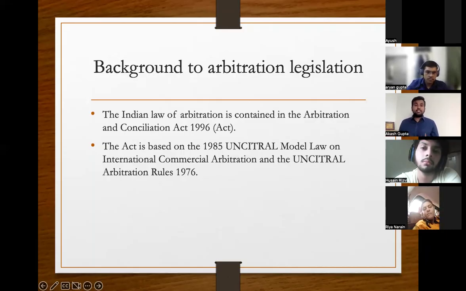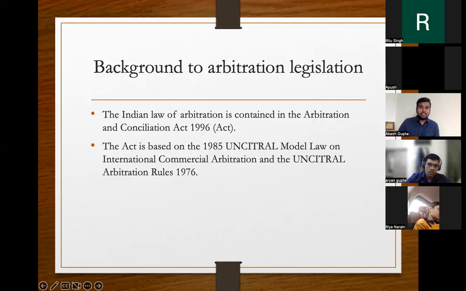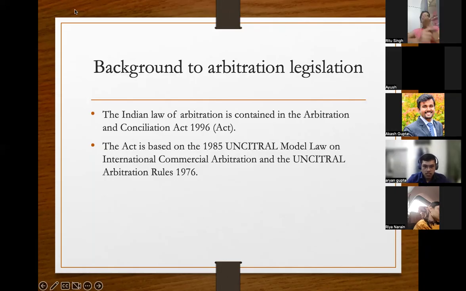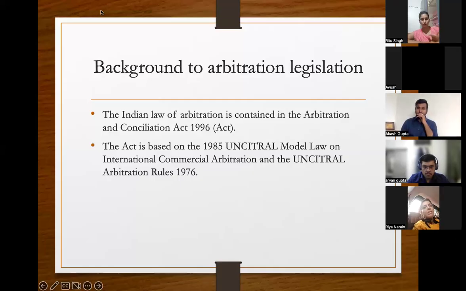Now the next thing, seat is always a city. It's never a country. Why? Anyone? Why do we say that seat has to be a city and it can never be a country? Yes, Ritu. Because only the Supreme Court will appoint an arbitrator in case of international matters and not otherwise. Other than that, the states are responsible for appointing the arbitrators if the parties want to have an arbitrator.